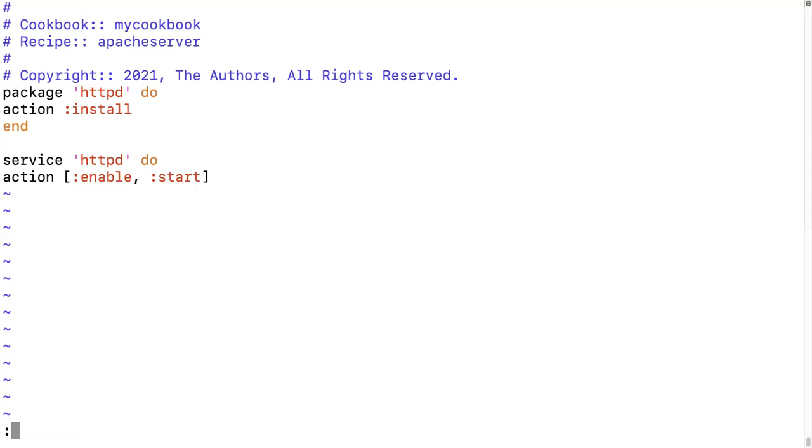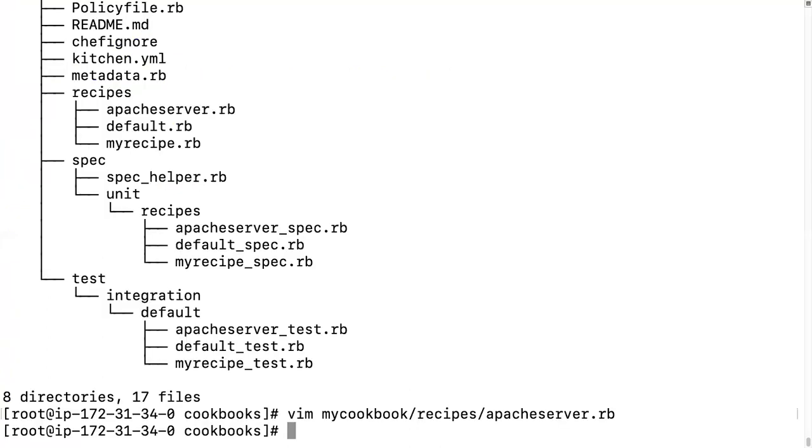Let's save that. One thing: we need to end the code, end. Then enter, and let's again run the command chef-client -zr.